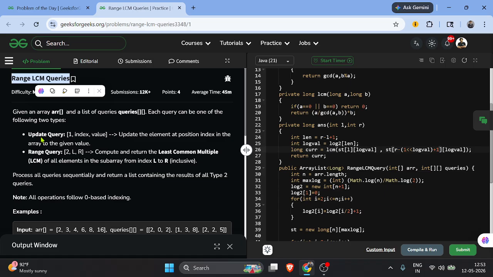So what is the updation operation? For the updation operation, you have an index and a value, and you have to update the array at the specific index that is mentioned in the operation with the new value. Okay. And what is a range query? The range query is you are given a left and right